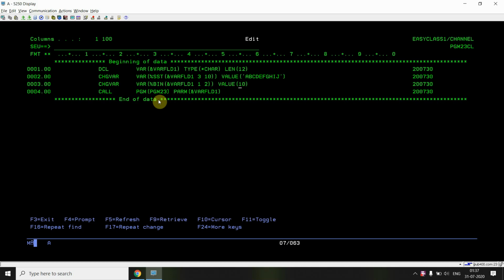Either I can pass the length or the size of this field. Now see what the trick is there.